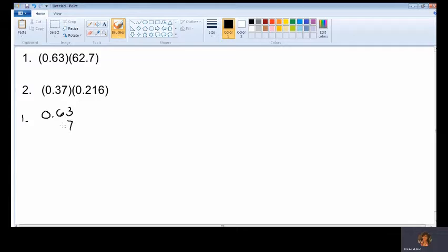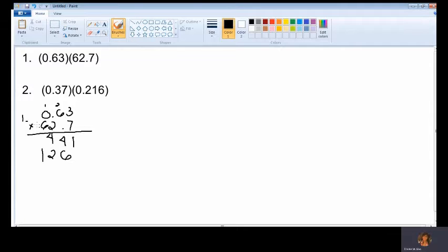Just 0.62. And then you're going to do the operation. So that's 21. And then carry 4. And then, so 2 times 3, that is 6. And then 6 times 2, that is 12. Carry 1. So 2 times 0, that is 0. Plus 1, that is 1. Okay. And then